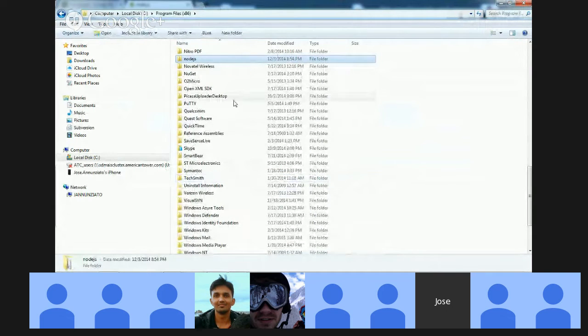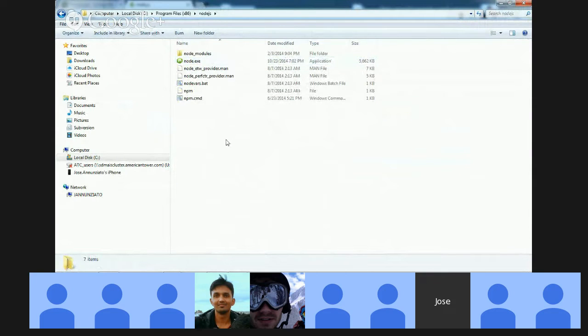Right, it installs this directory, Node.js. Under there, we have several executables that are of interest here. Two of them that are very common that we're going to be using today is Node, the actual executable. The only thing Node is, is an interpreter that can run JavaScript on the server,